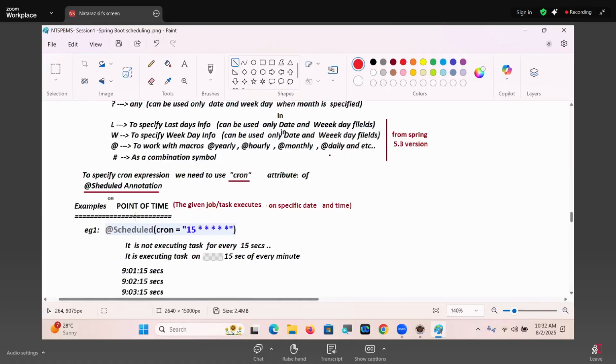Those things we are going to specify are not there. Okay, six stars, guys. All places star means what? Here, this is second, this is minute, this is hour, this is day, this is month, this is weekday. Star means what? Any weekday, any month, any day, any hour,